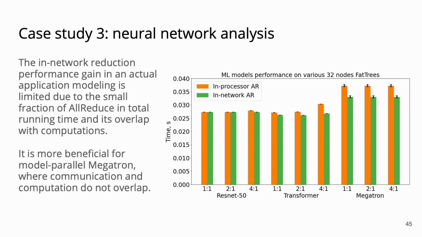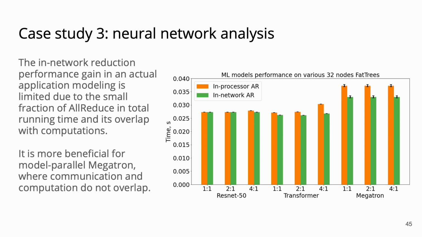For data parallel applications, in-network reductions don't make much difference in performance. That probably happens because communication and computation can efficiently overlap, which ParaGraph accurately models. At the same time, network tapering affects the performance of data parallel application more significantly. That indicates that AllReduce demonstrates all-to-all traffic in the simulator and is similar to our synthetic traffic analysis.